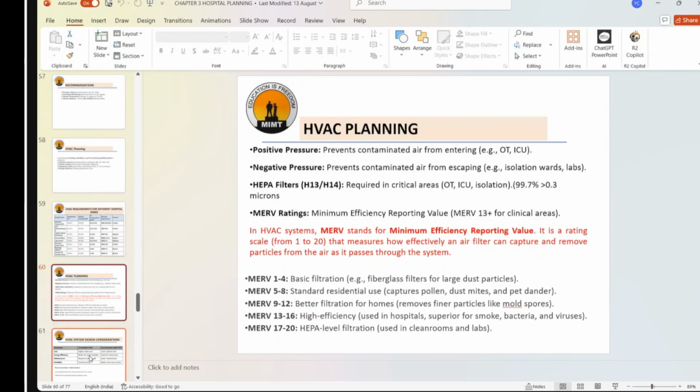Isolation wards and labs. Labs में it is required? क्योंकि लैब में there is a culture of the bacteria and all that kind of thing. So बड़ी labs होती हैं, जेनेटिक लैब्स हैं, आरटीपीसीआर टाइप वाली जो लैब्स होती हैं, वहां पे नेगेटिव प्रेशर इज एक्चुअली नीडेड सो दैट एनी टाइम एनी काइंड ऑफ bacteria that doesn't mix into the